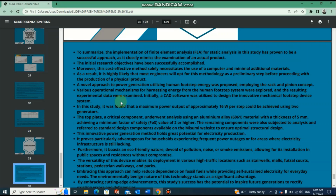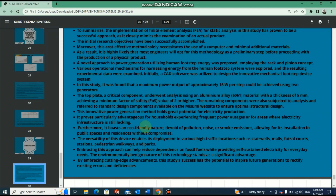A novel approach to power generation utilizing human footstep energy was proposed, employing the rack and pinion concept. Various operational mechanisms for harnessing energy from the human step were explored, and the resulting experimental data were examined. Initially, CAD software was utilized to design the innovative mechanical footstep device system. Okay, in this study, it was found that a maximum output of approximately 16 watt per step could be achieved using 2 generators. The top panel, a critical component, underwent analysis using an aluminum alloy